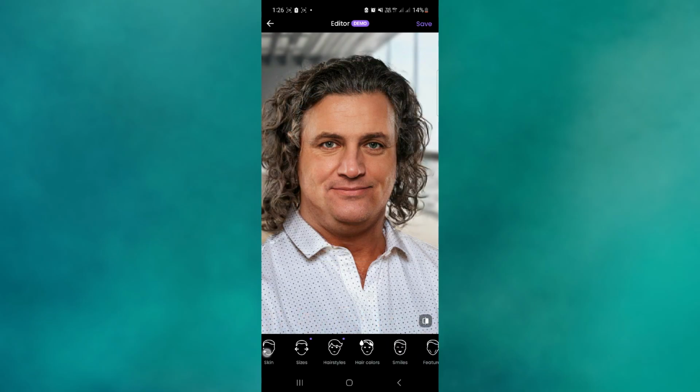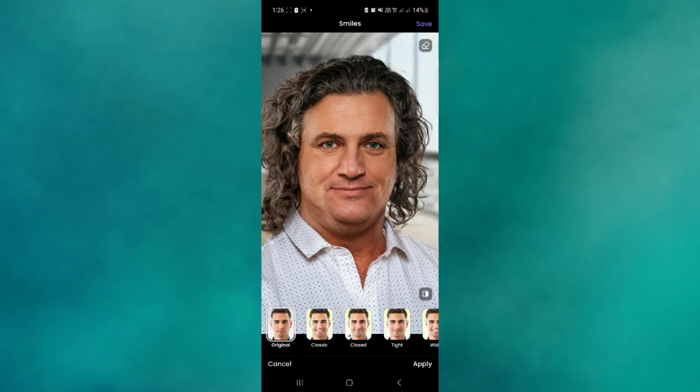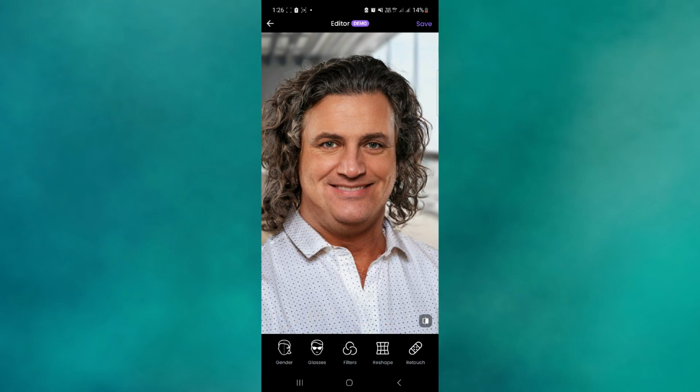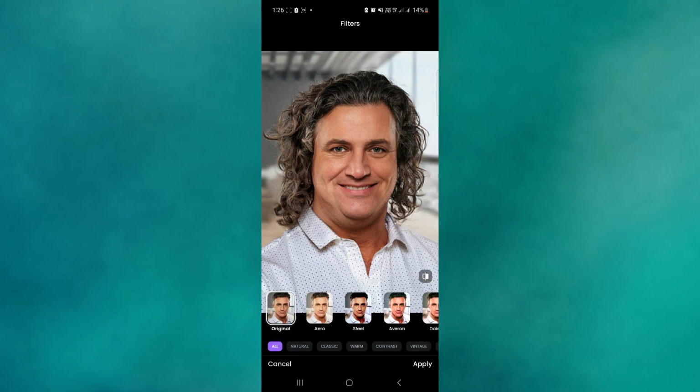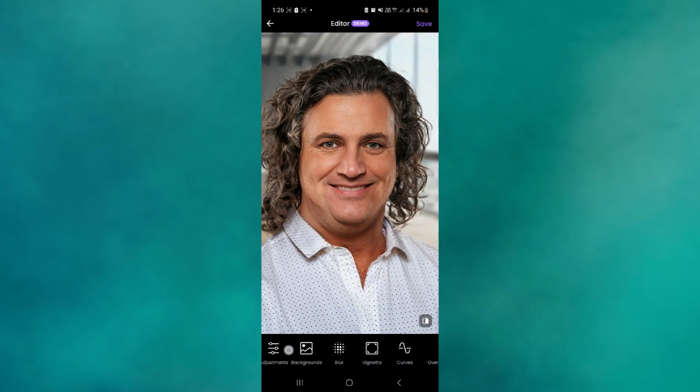You can also change the age to make it look younger. Something like this. Here you have different options like adding blurs, backgrounds, making some adjustments like your brightness, enhancements, highlights, and many more things. Once you're happy, or if you want to take a screenshot, after this, all you have